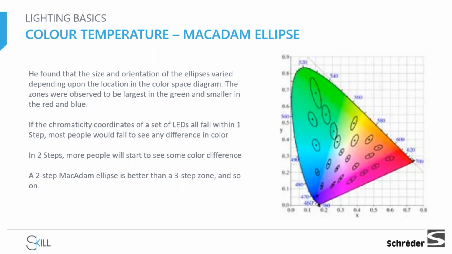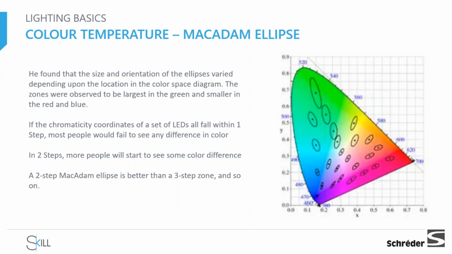A two-step MacAdam ellipse is better than a three-step MacAdam ellipse, but it's not always required. Different industries will require different MacAdam ellipses or different color differences. For instance, if we are speaking about cove lighting, where we have strip lights installed very close to the ceiling, a few centimeters away, if we have a very big difference or